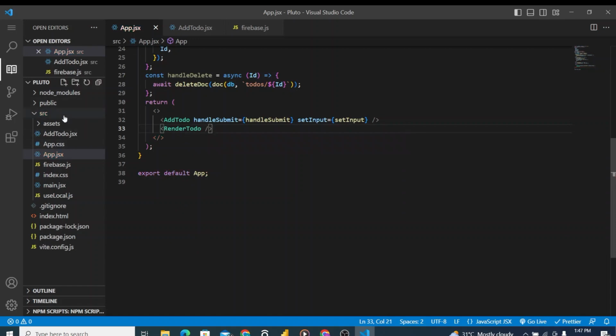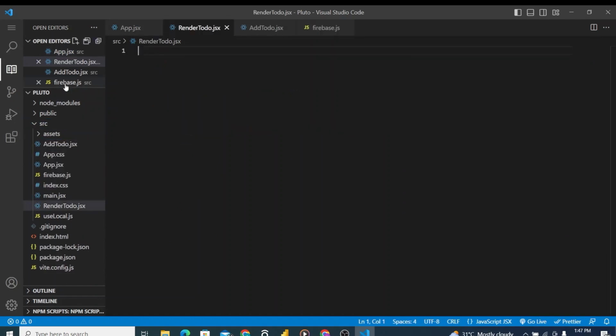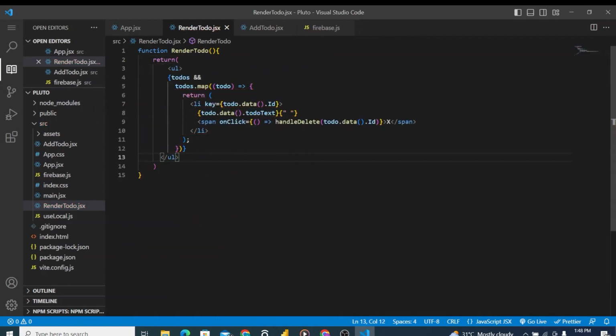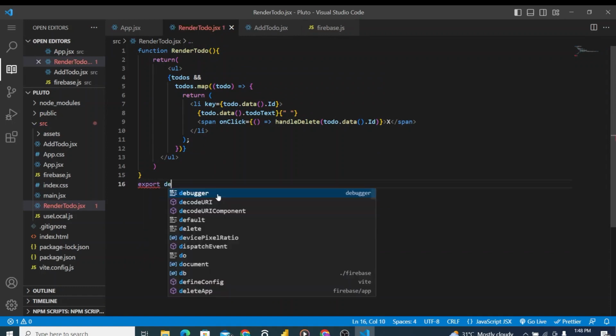Let's make that file RenderTodos.jsx. Function RenderTodo, return. Okay, we accidentally pasted it 2 times. Export default